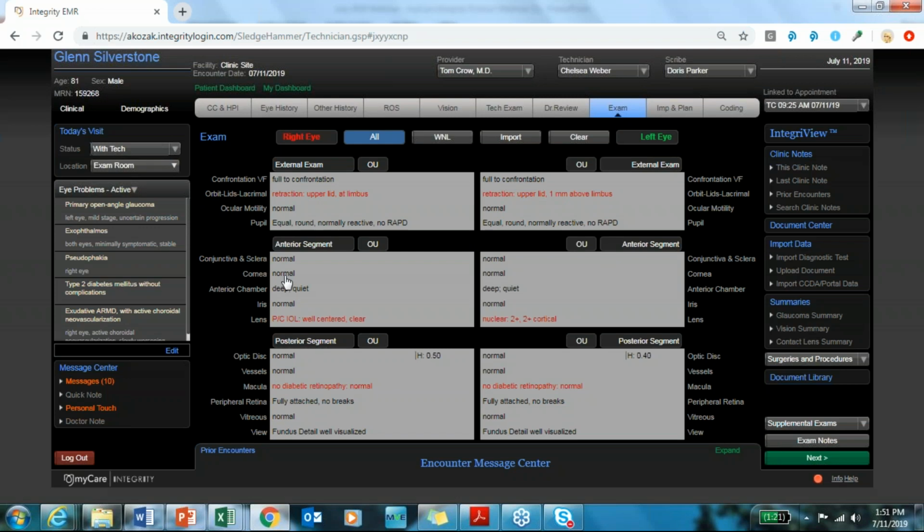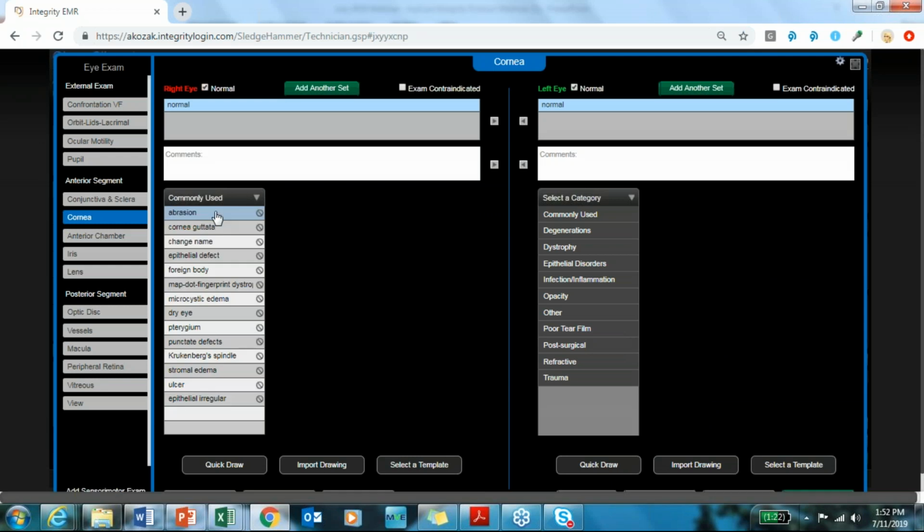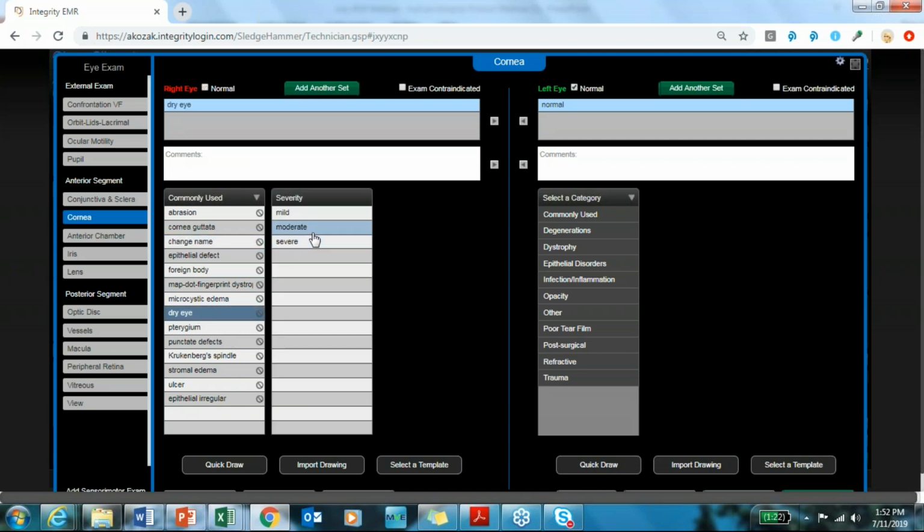A couple of things to note. You can click anywhere in here to add a new finding. I'm just going to click in the cornea area, because I have a commonly used bucket that I set up to show you. So your main findings that your doctor's using, we can customize a commonly used drop down for you, and teach you how to edit that moving forward too, so that you can continue adding and growing the specializations in your system. So let's add a finding here, maybe some moderate dry eye,